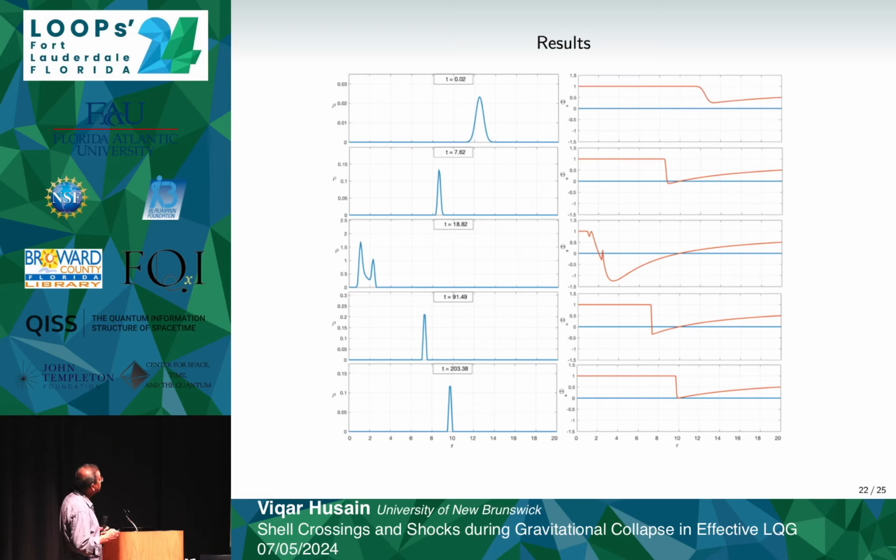So on the left here, the left column shows the evolution of a density. So we start with a Gaussian initial wave function for the profile for the density, and the frames are taken at different times. And you can see what's happening. It's moving in, bouncing back out. On the right, we have the outer null expansion function in the red line. The blue line is just a zero line to indicate where the roots occur. So here, a black hole has just formed because it just touches the blue line.